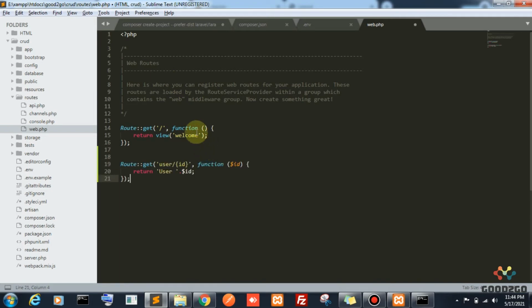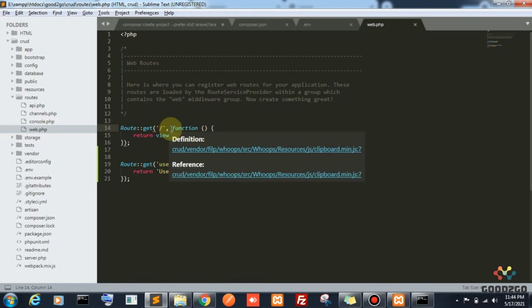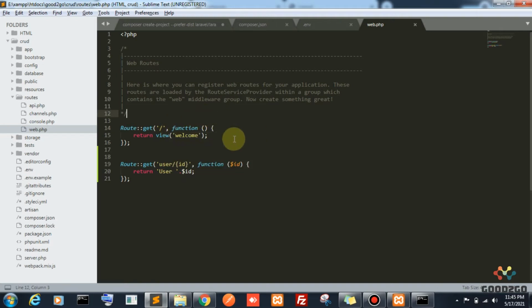See, here we are putting this slash section. This is also a function. We are passing the first parameter as the URL parameter, then the second parameter might be a controller name, or we can directly mention here any function with the view. Return view means whenever I am hitting this slash URL, it will take the welcome.blade file from the view folder. That is the meaning. It will return the welcome.php file from the view folder.